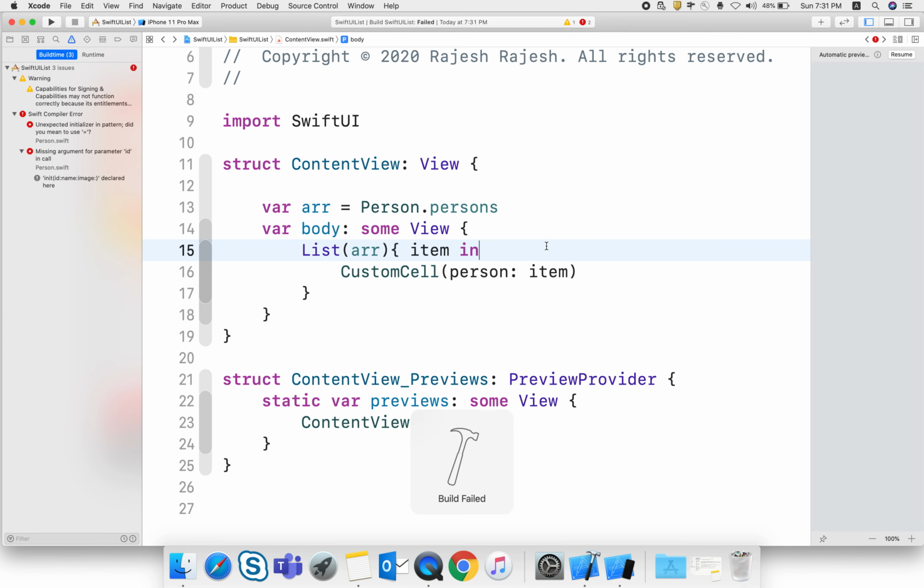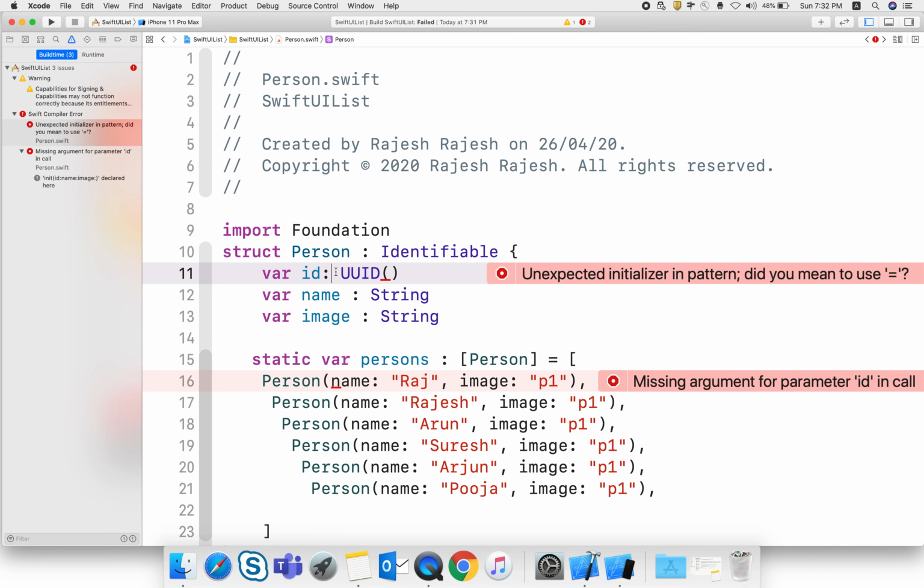So that's why I'm removing it here. Just one problem, we need to assign it.